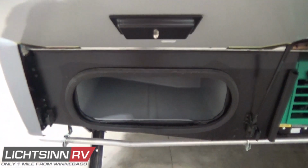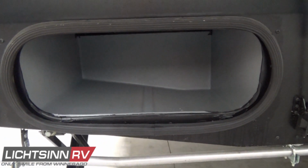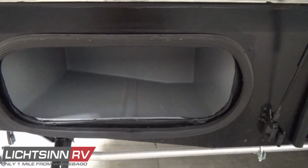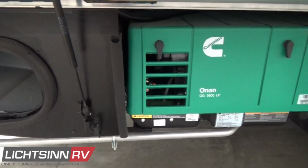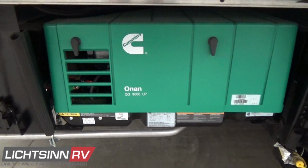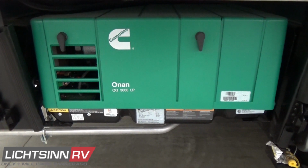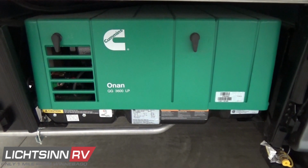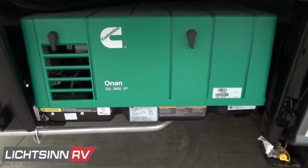Again, E-coated and E-plated in the latest in E-coat technology. All of these compartments and one-piece rotocast tanks are handcrafted by Winnebago Industries here in Forest City using computer-aided design so that we can maximize capacities and minimize any tolerances for leaks with seams. Standard for 2020 is the Cummins Onan clean-burning 3600-watt LP generator that efficiently sips LP clean burning off of the 12.2-gallon